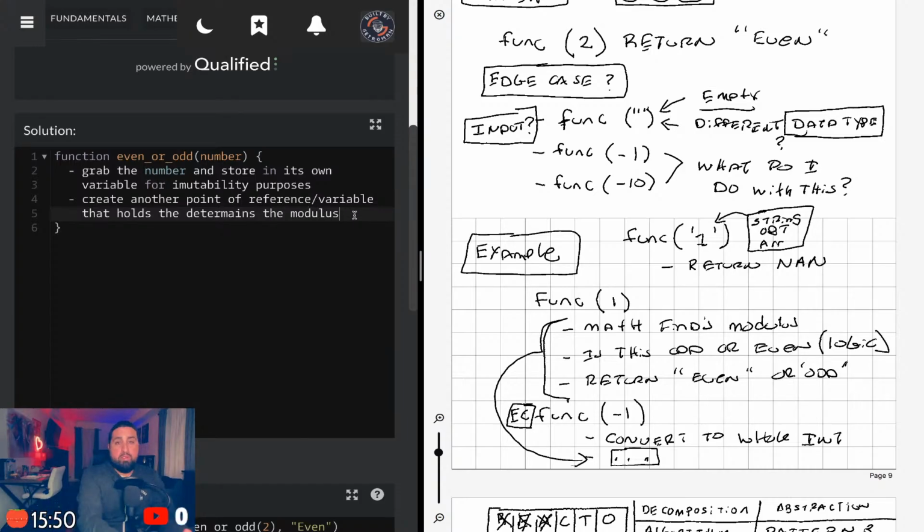So I'm gonna have a variable that does that for me. I'm gonna just do an equation, store it in the variable, and then use that label to the variable in the logic itself to be like, hey, is this thing equal to 0? If it is, it's even. If it's 1, it's odd, and return that, basically. Okay. So that's that part.